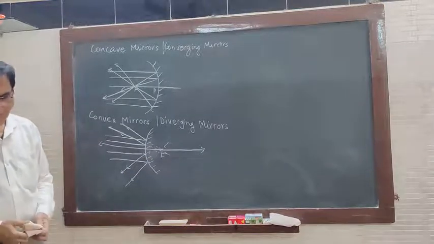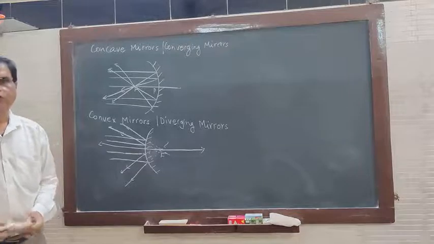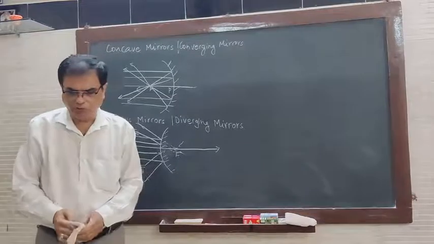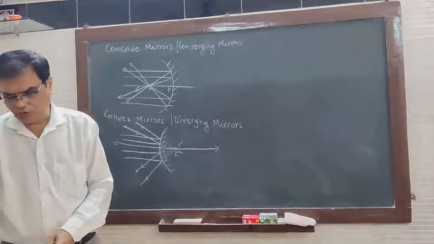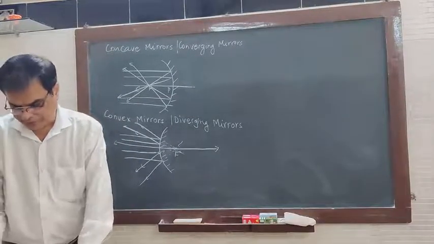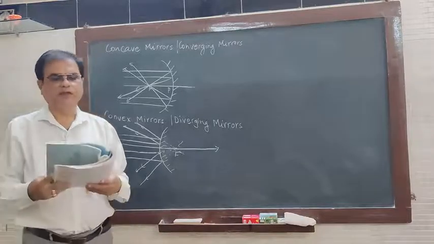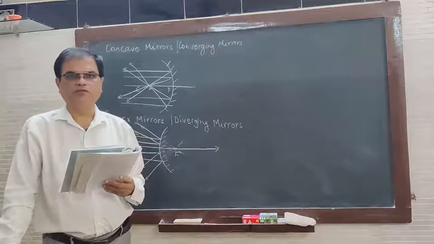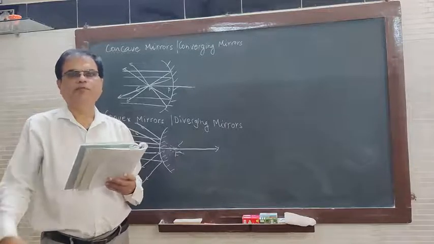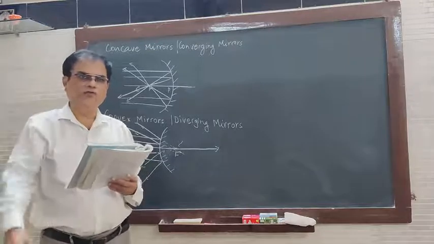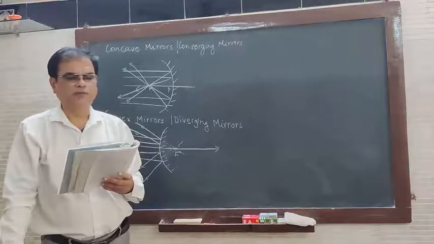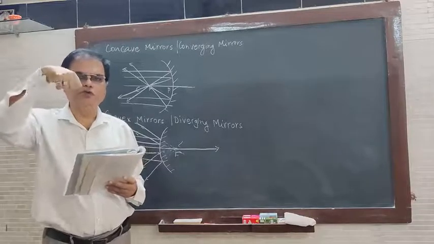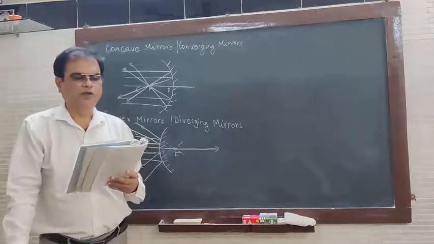We are giving the diagram on page number 124. You can draw both the diagrams given on page number 124. Now, what are the uses of concave mirrors and what are the uses of convex mirrors? Page number 125. Concave mirrors are used in barber shops or dental hospitals. In a barber shop, one mirror is in front, one mirror is behind also. So these mirrors are concave mirrors. In a dental hospital, the doctor puts a mirror inside to see your tooth and all. So that is a concave mirror.